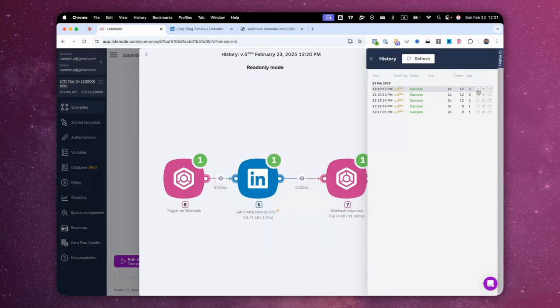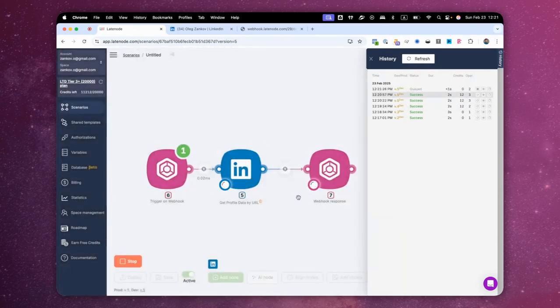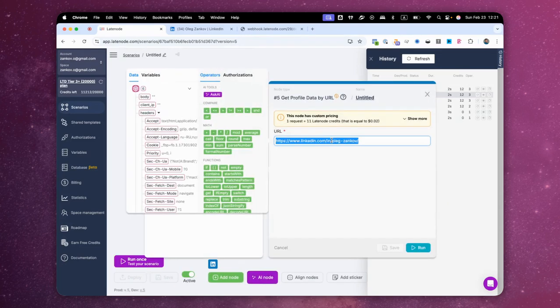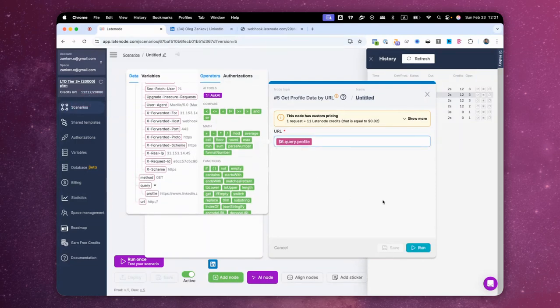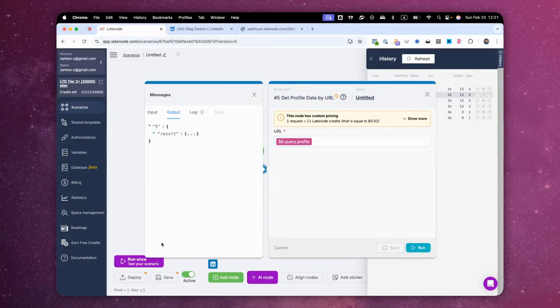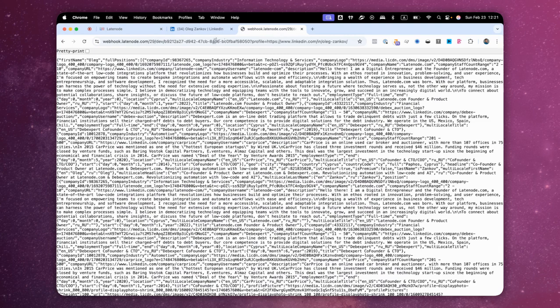Now, to finalize this scenario, we replay it so that the data comes into our editor, and we simply replace the static URL, which is written here, with the dynamic one that comes to us at the entrance. Here it is contained, query.file, in this way. Save and deploy. Done. Now, when we call it from outside and pass the profile address here, it will change